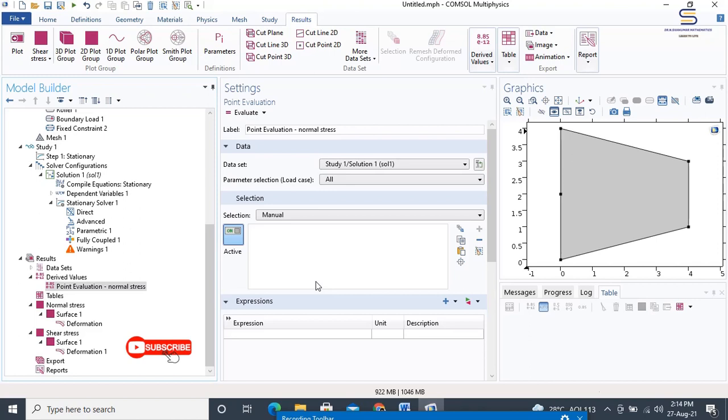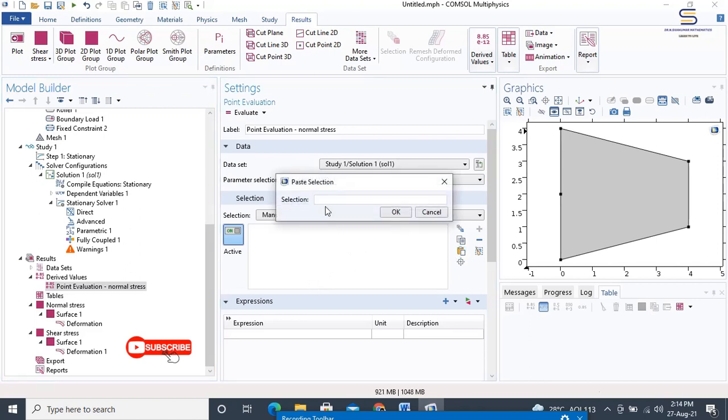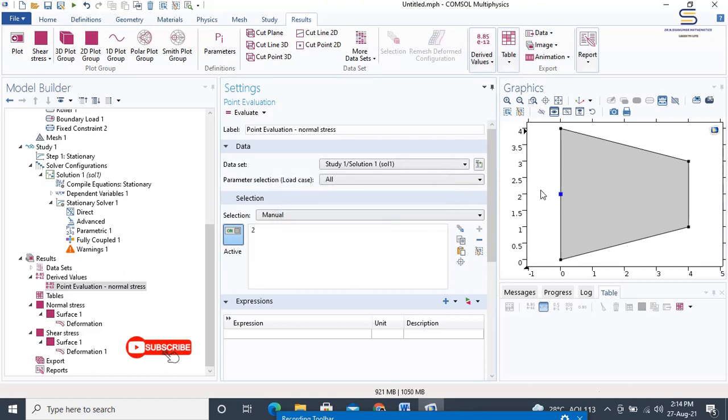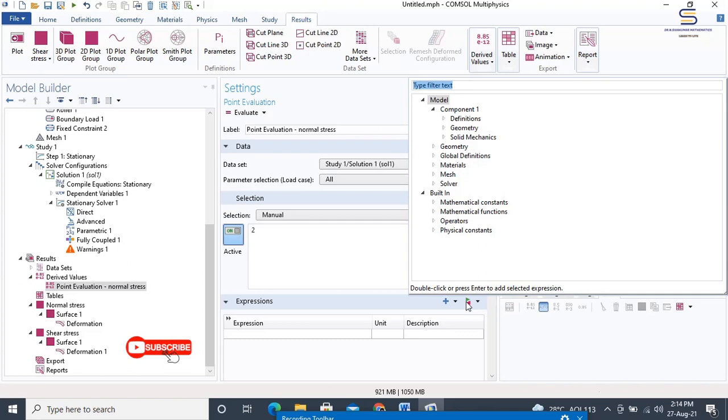Now select point 2 only. From the page selection, select point 2 only. Point 2 is this point. In the settings window, replace expression. Then choose the same thing. Model, solid mechanics.